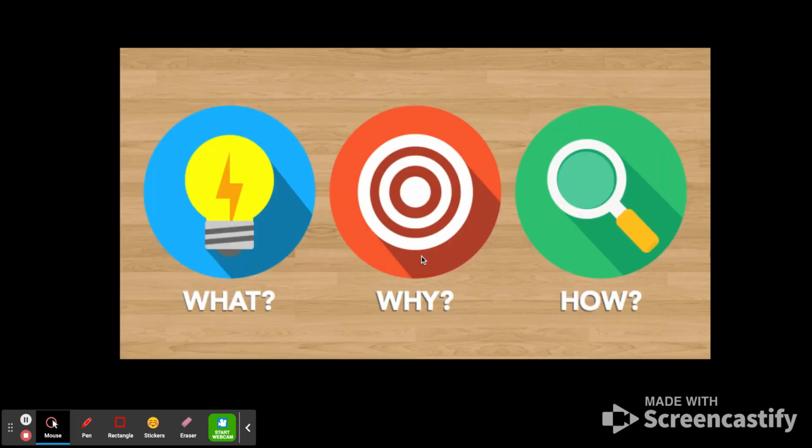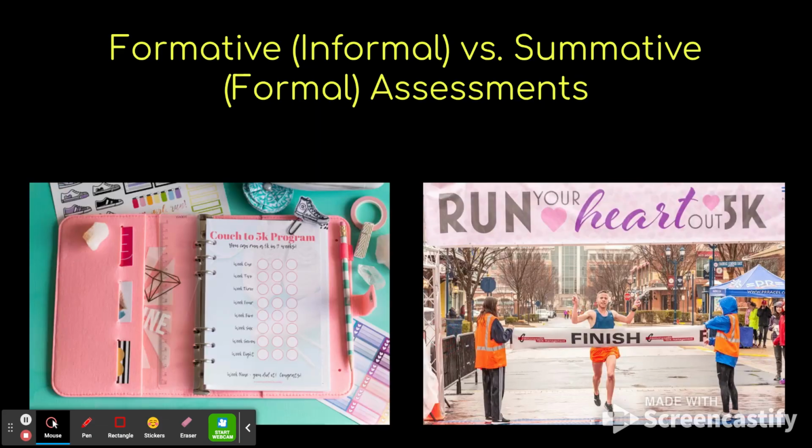And so we're going to look at the what, the why, and the how. But first, we always want to focus on the why. And the text addresses this, but I wanted to put it into some simpler terms that I think may help you. And so we have formative or informal, right? You're going to read about that in the Tomlinson article. Hopefully you read about that in chapter 1, but you're going to need to refer back to that here in module 2, chapter 2, so that you have a better understanding of how to address your discussion question. But we have formative or informal versus summative formal assessments.